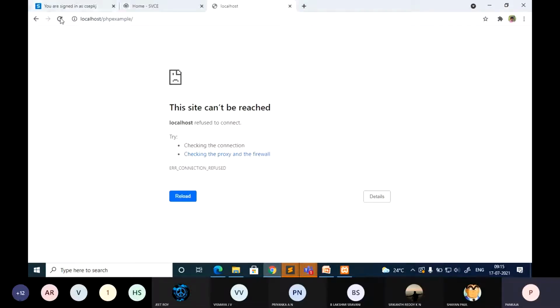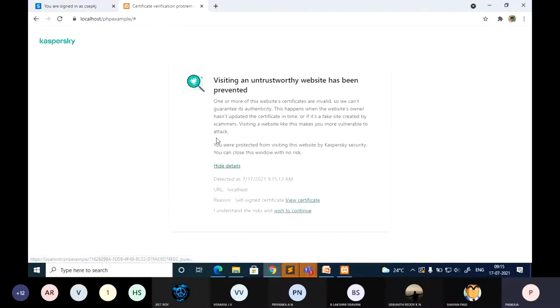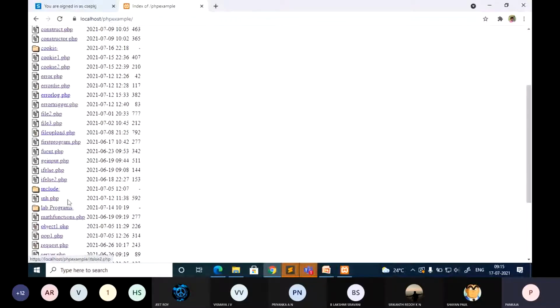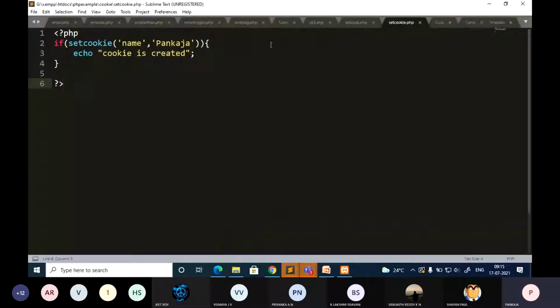So just refresh. I have created a folder separately for cookie. Here I have created a program called set cookie.